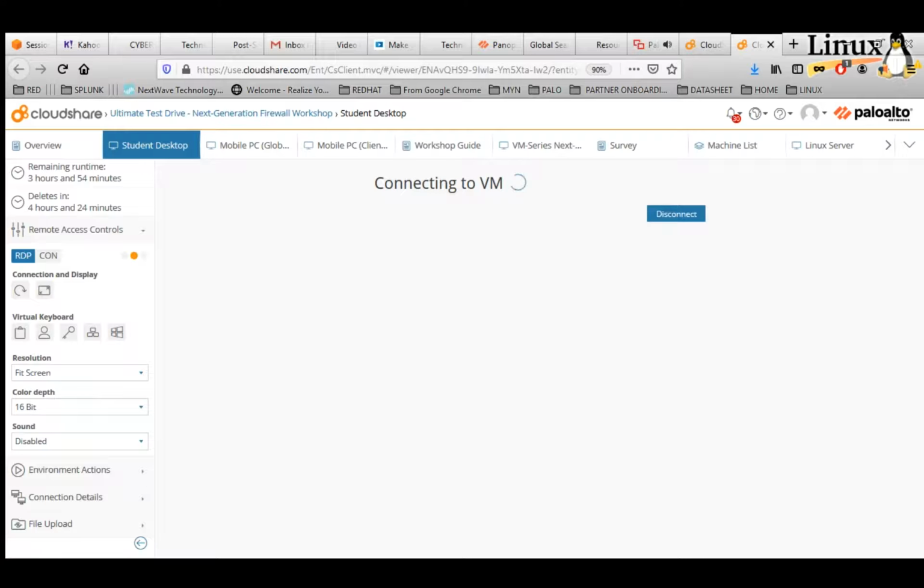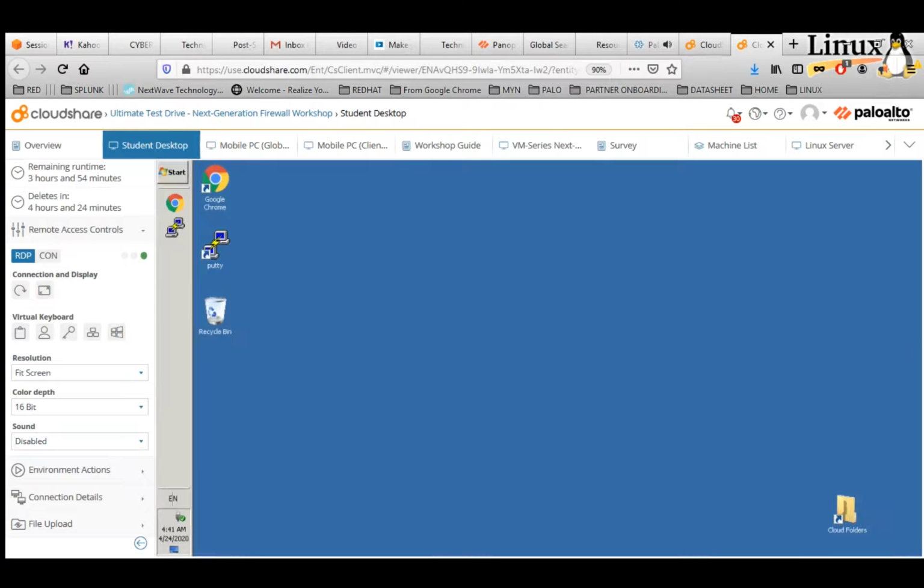From this student desktop, there is an icon right in front of your desktop under Google Chrome. This is the one that we use to do most of the configuration on the firewall. Maybe to touch on a few things in terms of navigation, we've got these tabs here.